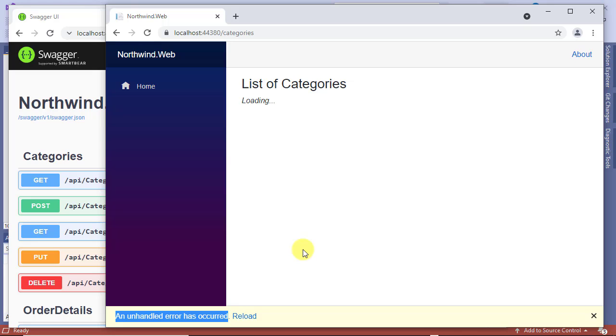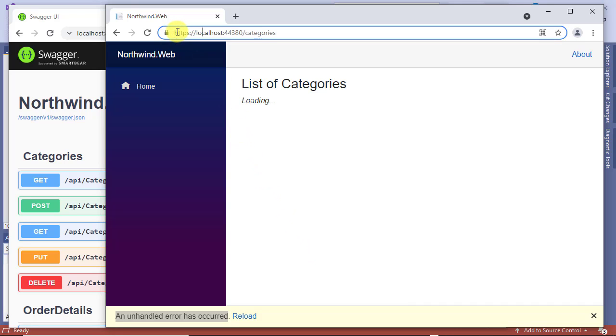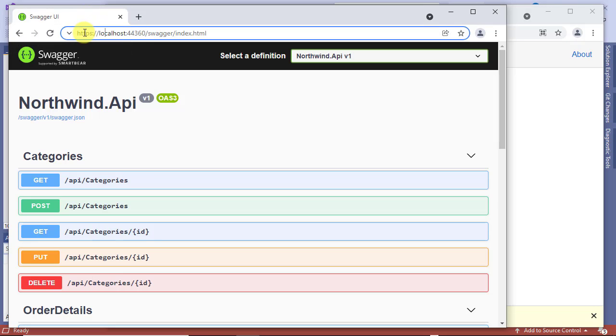In our example, the Blazor app running at https://localhost at port 44380 makes a cross-origin resource sharing request to the Web API running at https://localhost at port